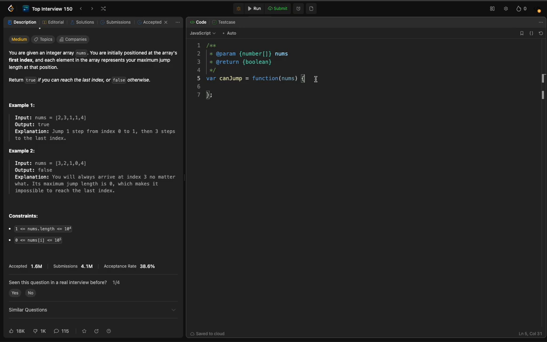The solution will be about 5 lines of code. It will not be long, and it will be easy to present. So we will have a last spot variable, and this one will be nums.length - 1. Here we basically start from the end and try to see if we can reach the beginning or not. So I will create a for loop, and I will say let i equals nums.length